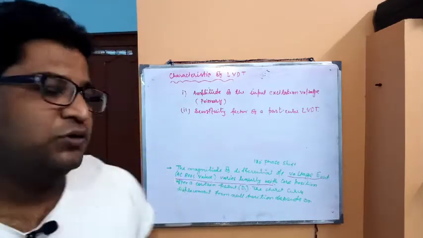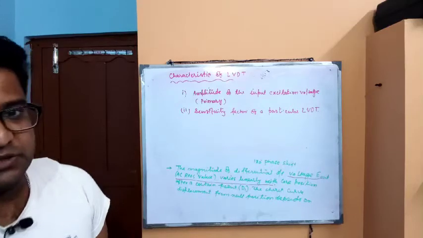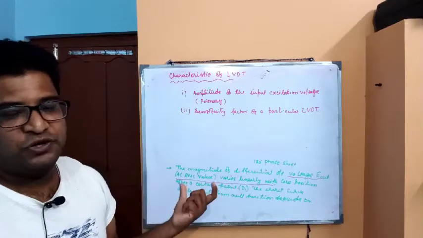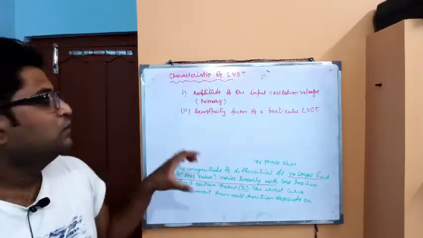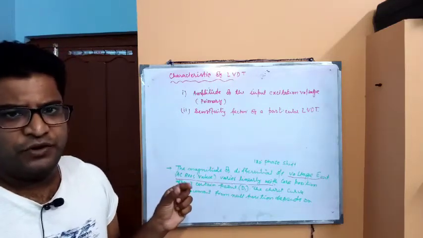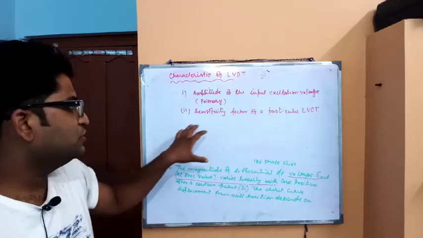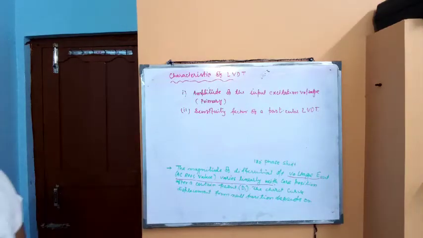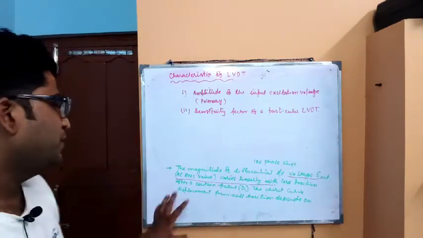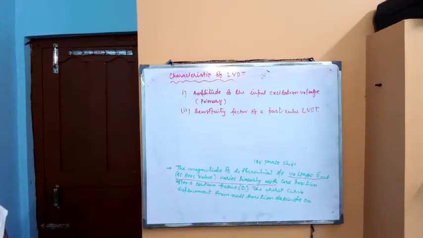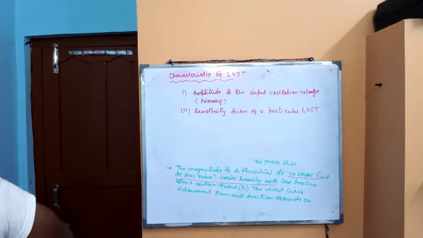So these are the two parameters on which the linear variation of the voltage depends. The first thing is the input excitation voltage, that means how much voltage we are providing to the input. As we provide more voltage to the input, the movement of the output will be more. And the sensitivity factor means, if we are providing a certain amount of voltage, how the LVDT core senses it. So this is the sensitivity factor of LVDT. So the variation of the output voltage of the LVDT terminal will depend upon these two factors.